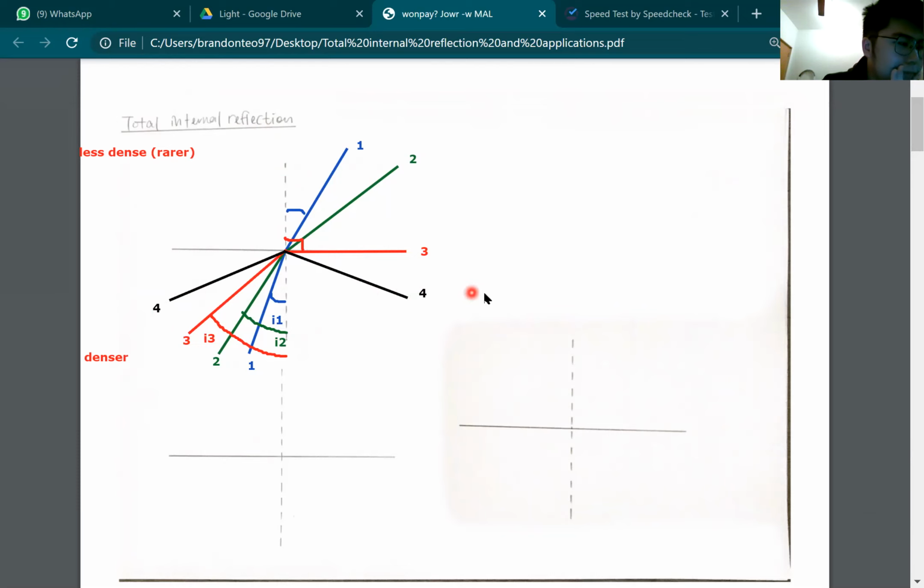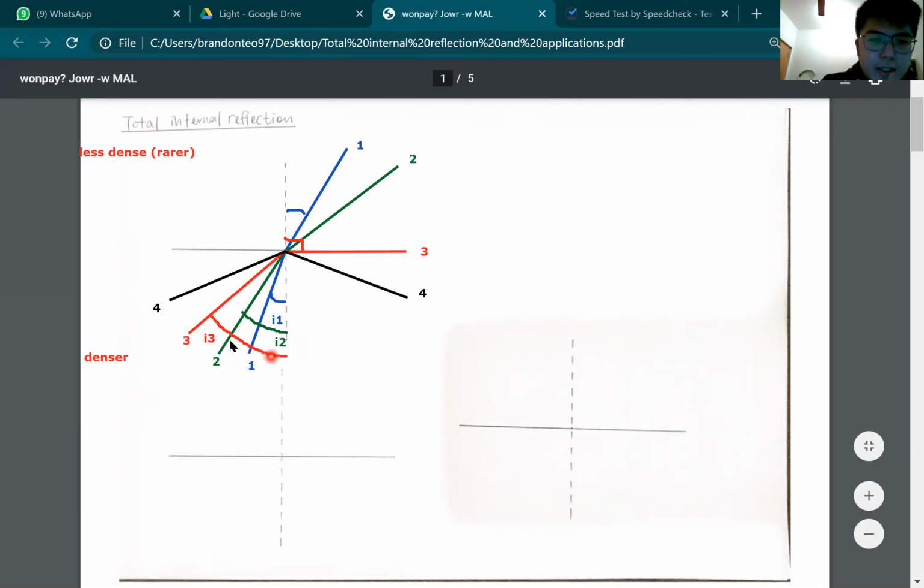Okay, now, so far we know that I3 is the critical angle, right? Okay, I3 is the critical angle. Now why do we call it the critical angle? Because this angle is very important, because any ray that is below this angle